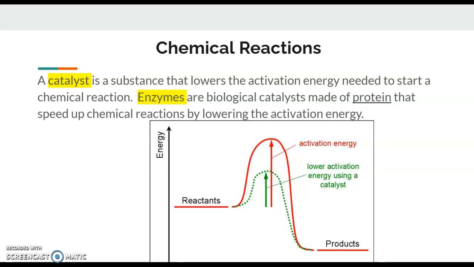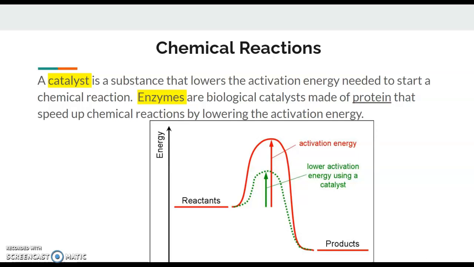A catalyst is a substance that lowers the activation energy that is needed to start a chemical reaction. Enzymes are biological catalysts. So there are other types of catalysts. They don't have to be biological, but the biological ones are called enzymes. All right. Enzymes are made of proteins, and the way they work is they speed up a reaction by lowering